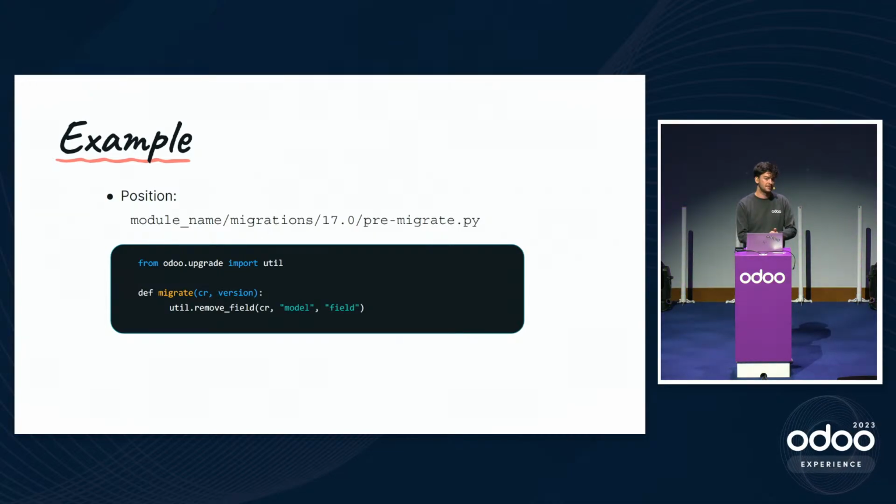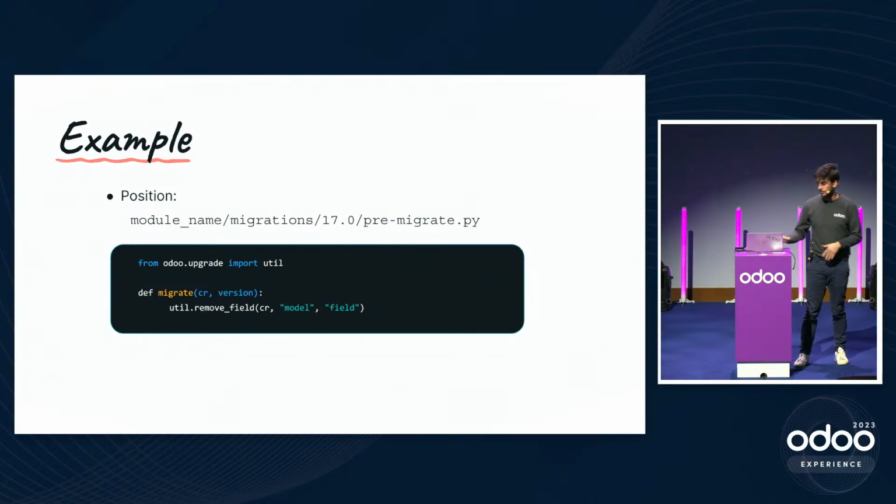if it's inside the folder migrations 17.0, and it goes up to the same version as the manifest. So higher than the version inside the module table, our module table, and until equal to the version inside the manifest. So here is a really basic example of how to use util,